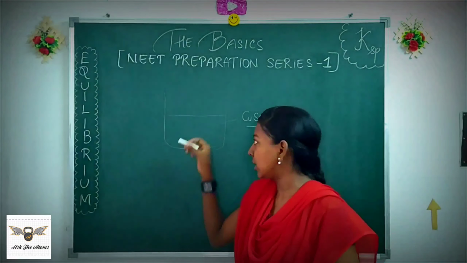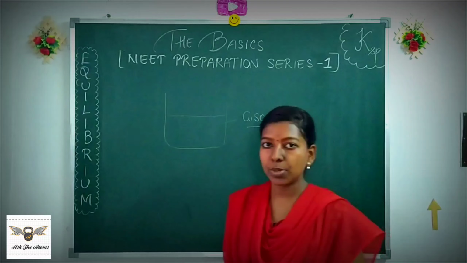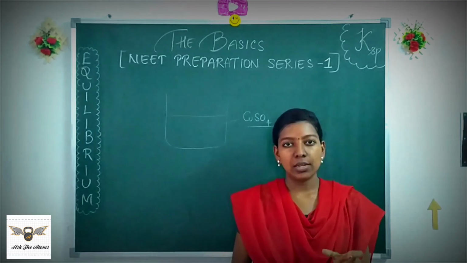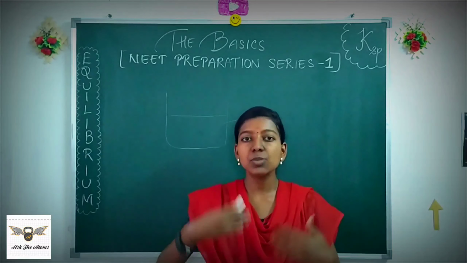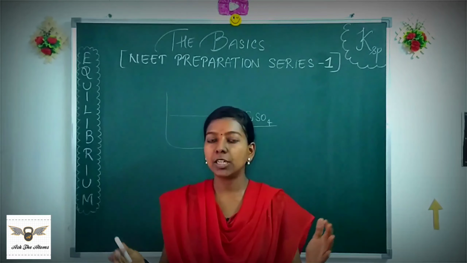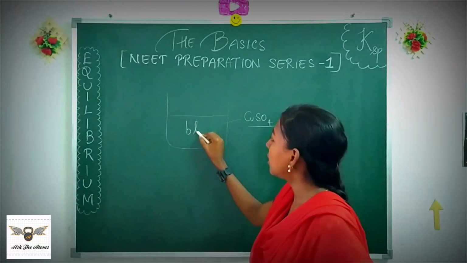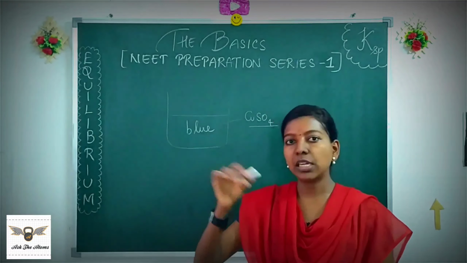How do you do that? You take some water first in the beaker. You add spoons and spoons of copper sulfate. If you are doing it in a crude method, suppose you do not know the solubility value exactly, you do not know how much salt to add, you just start adding spoons and spoons of copper sulfate to your beaker. What happens? The water color changes to blue. Still, if it is able to dissolve, you keep adding.